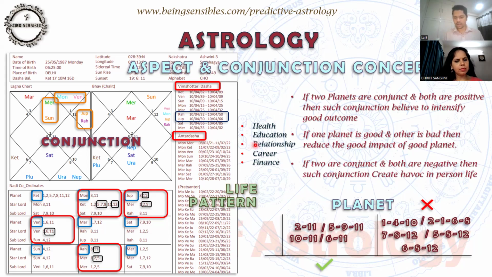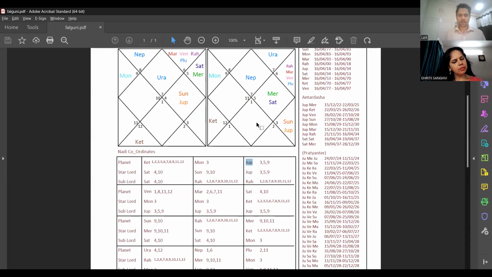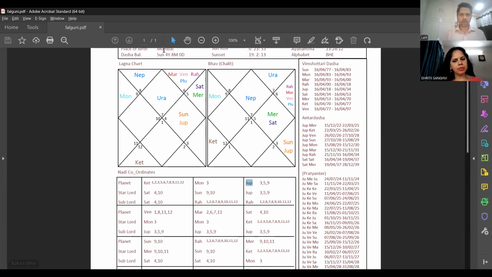Okay, so as you can see in the Antara, moon is going on. Since moon is having 5 by 12, but it is not giving a negative effect because of Venus conjunct and having a positive. So just like you rightly said, it reduces the impact. Okay, so this way you get clarity. The use of the conjunction, or the impact of conjunction. So as you can see in this scenario,